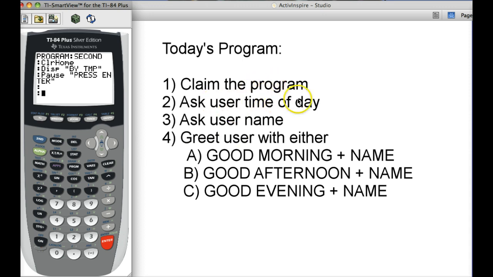I need to ask the user the time of day. I need to ask the user their name. Actually, I'm going to switch the order of that. I'm going to ask the user the name first. You'll see why in a minute. So I'm going to program. I want to ask something, so I'm going to ask for an input. And I'm going to ask for their name. NAME,